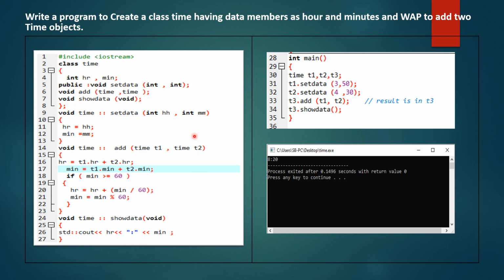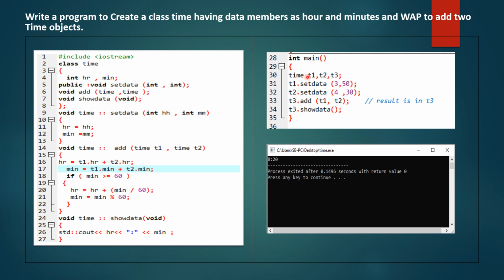You can write the same program with inside member function definition. Now first we will see void setdata(int, int). This is the declaration, and the definition is outside the class. Then void add(Time, Time). This is the example of an object as a function argument, where we will pass the object. But when you write the outside member function definition, you just have to mention the class name, because you have to pass the object as a function argument. So which object are you going to pass? The one you have declared in int main.